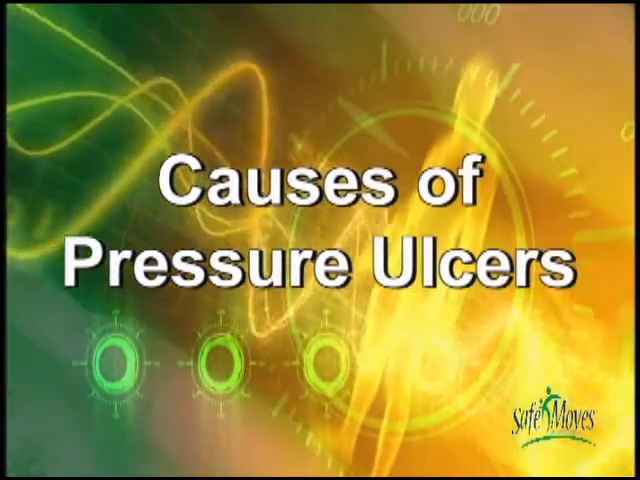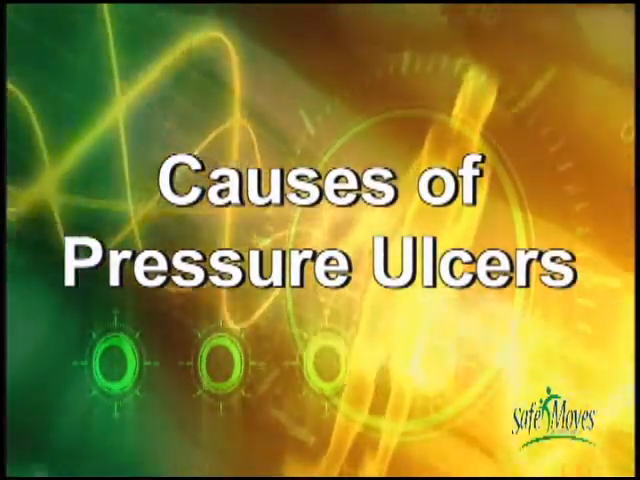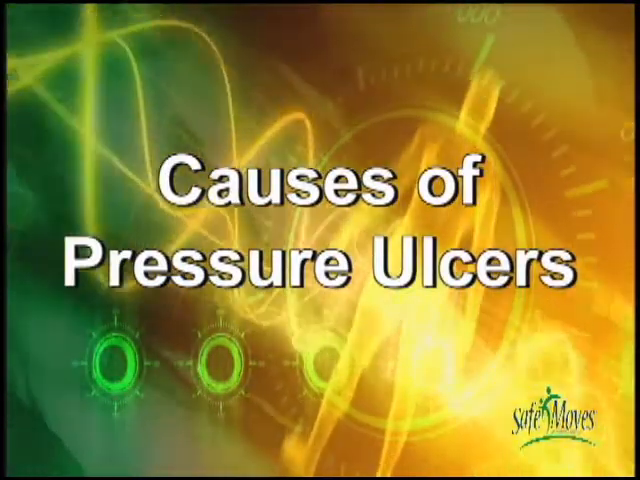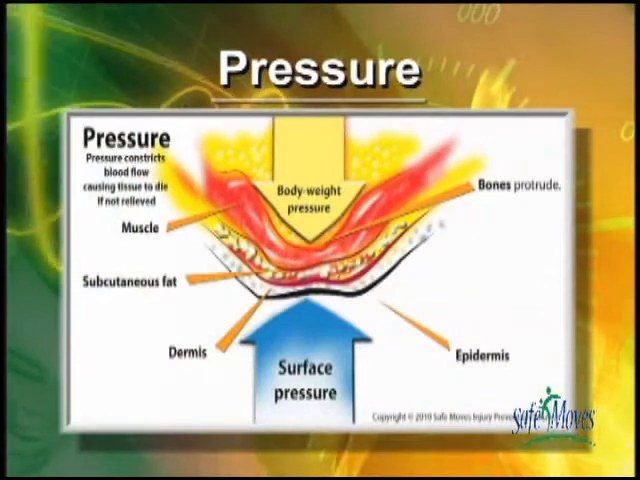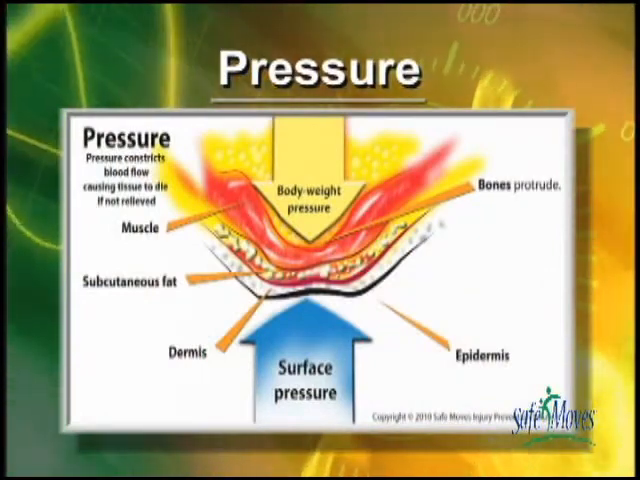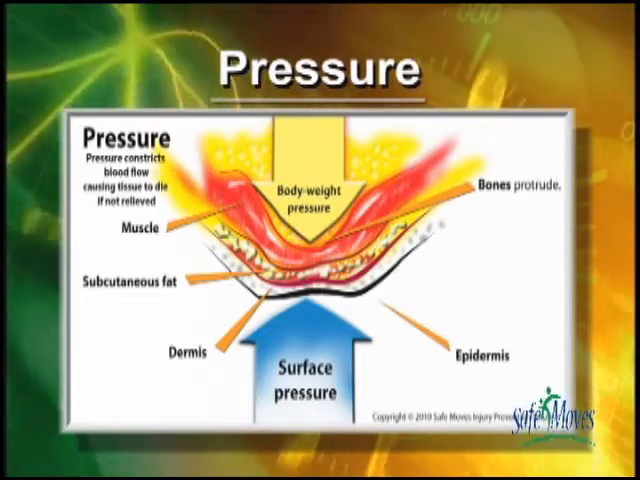How do pressure ulcers develop? There are 4 main ways that skin ulcers can develop. The first is through pressure. Constant pressure under bony prominences underneath the skin constricts blood flow, causing tissues to die if this pressure is not